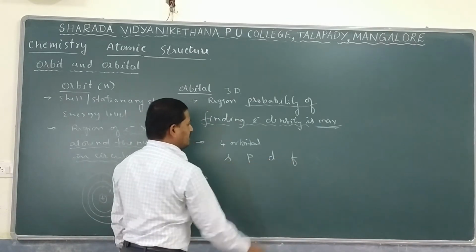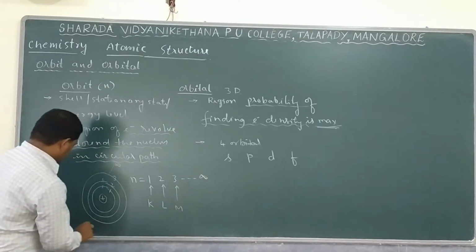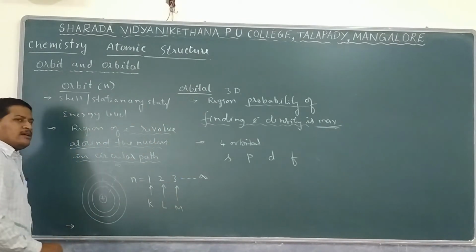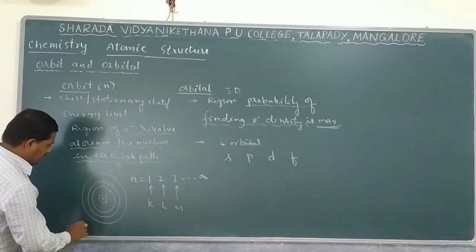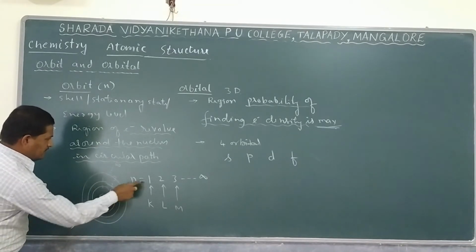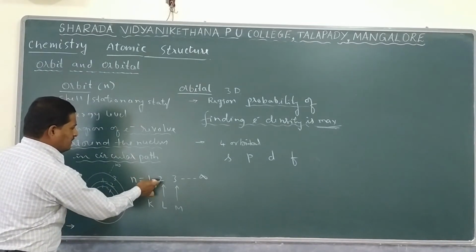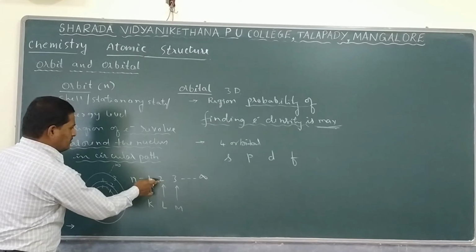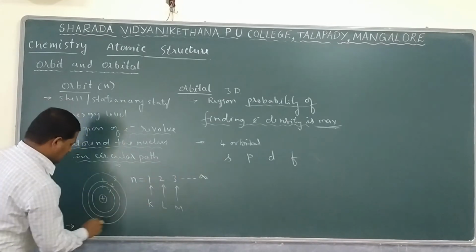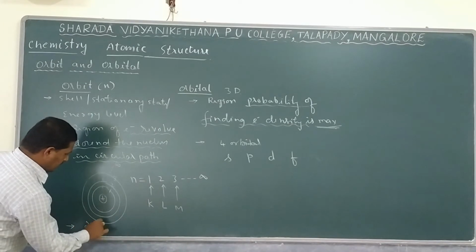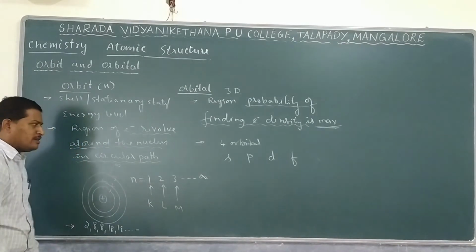And here it is observed that in case of an orbit, the number of electrons that can be accommodated differs for every orbit. In case of the first shell, we can accommodate 2 electrons, and in the second shell, the number of electrons accommodated is 8. It will go 2, 8, 8, 18, and then 18, like that, the number of electrons that can be accommodated.